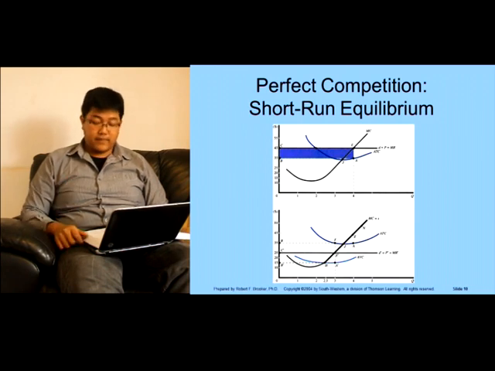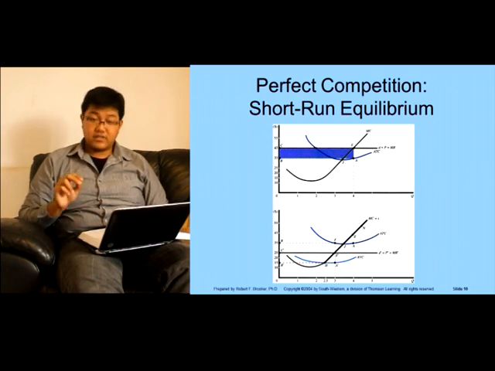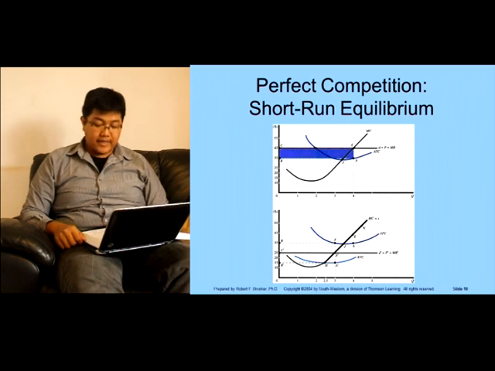With D in the bottom panel, the best level of output is 3 units and is given by point E, at which the firm incurs a loss of FE equal to $10 per unit, and FECB is $30 in total. At point E, the firm minimizes its losses. The shutdown point is point B. The rising portion of the MC curve above the AVC curve is the firm's short-run supply curve.